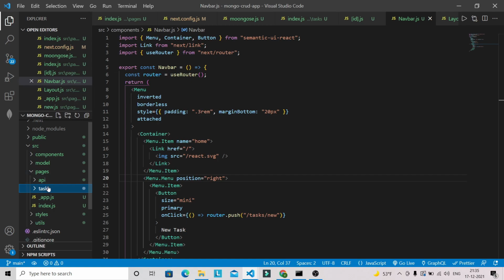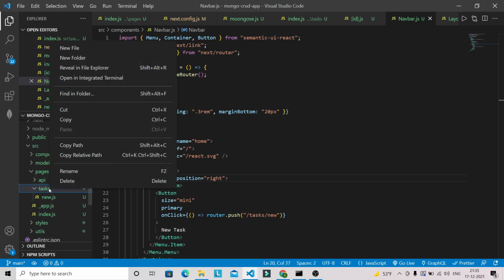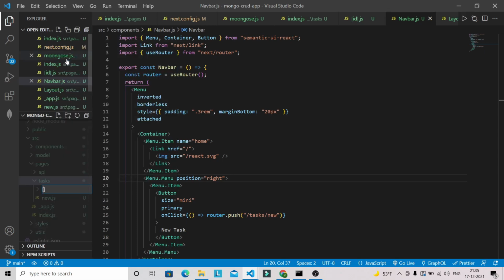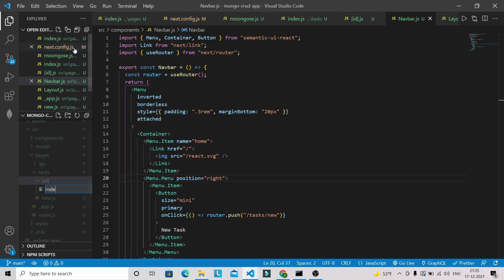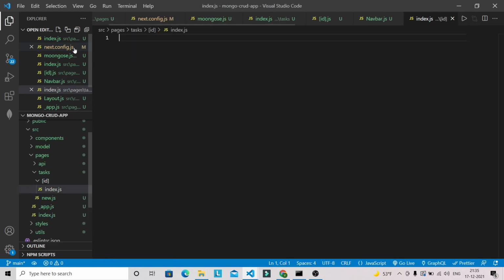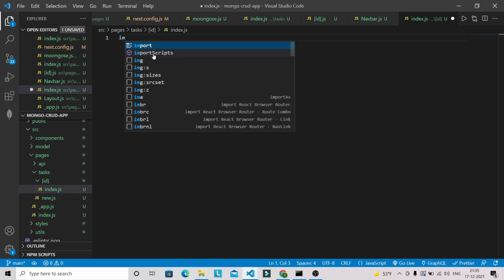So in pages we have a task folder, and inside this we are going to have another folder this way. Okay, and inside this we are going to have a file like index.js. Okay, and let's import React here.